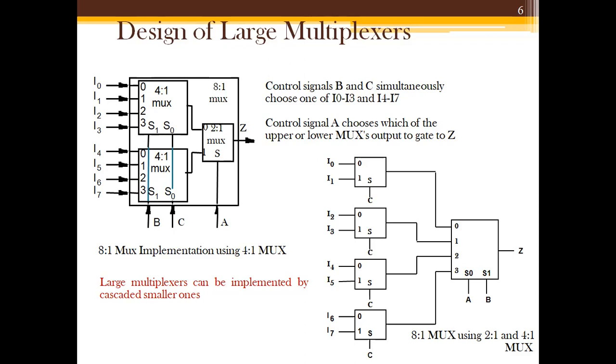Mux trees क्या होते हैं? Mux trees क्या होते हैं कि जब हमारा multiplexer बहुत बड़ा हो जाता है तो it will occupy more space and maybe we do not require all the input lines. So what we can do is make use of the smaller multiplexers which can be tied together, or connected together to form the functionality of a large multiplexer, as well as you can implement any logic. Let's say if it is a 3 variable function, I can implement it using only a 4:1 multiplexer instead of 8. So let's try to understand this concept with the help of one example.